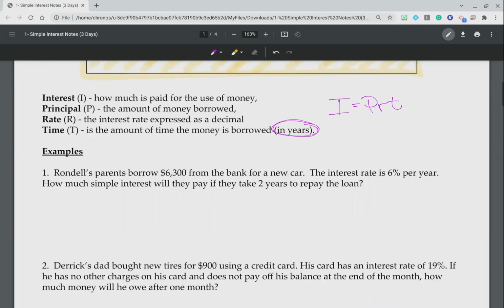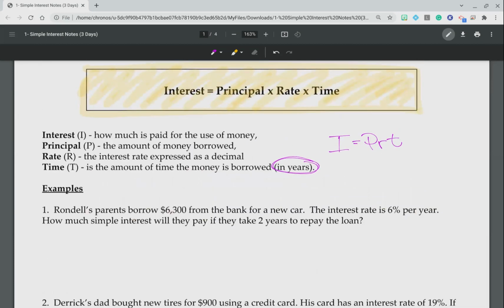All right, let's look at some examples. I'll keep the formula on there for the time being. It says Rendell's parents borrow $6,300 from the bank for a new car. The interest rate is 6% per year. How much simple interest will they pay if they take 2 years to repay the loan? We need 3 things in order to use the interest formula: the principal, the rate, and the time. So if I look at this cheat sheet over here,